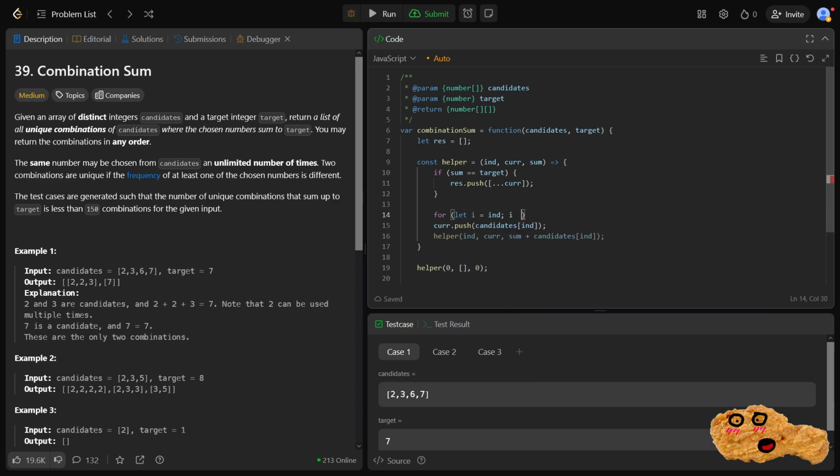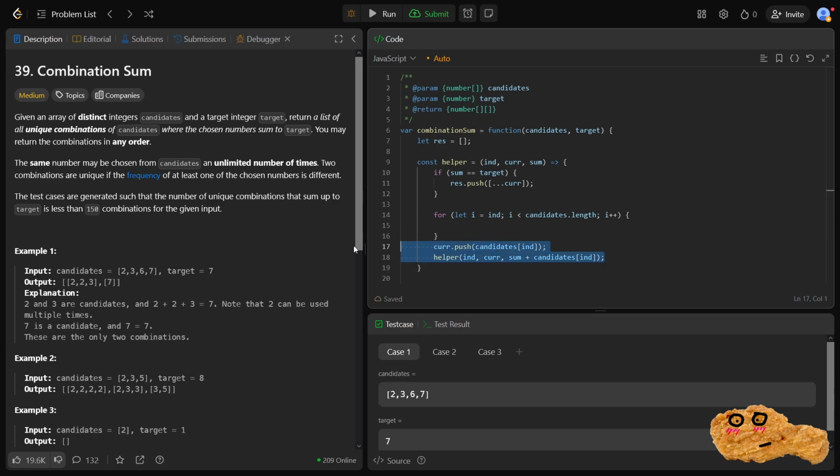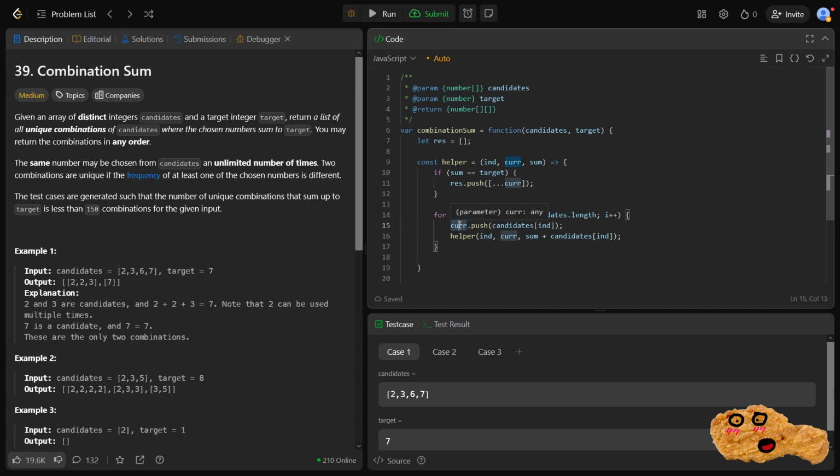So while i is less than candidates.length, i++. So that'll be there, and this will be that. We're going to push our number into our cur array, but we also want to pop it in case we come back all the way. Say we use a 2 a number of times and it just doesn't work, then we want to make sure